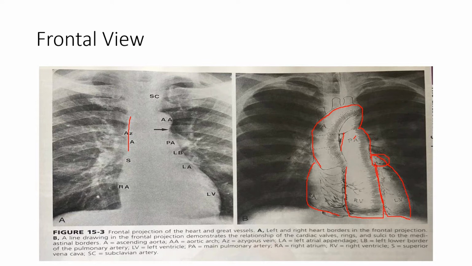Just below the ascending aorta is the area for the double density sign, which is seen in case of left atrial enlargement. Left atrial enlargement usually causes the double density sign, which is due to 2 densities. One density is because of the normal right atrium, and the second density is due to the enlarged left atrium. The double density sign can occasionally be seen in normal people, and hence it is always important to ascertain the straightening of the left heart border, which is caused due to enlargement of the left atrial appendage.